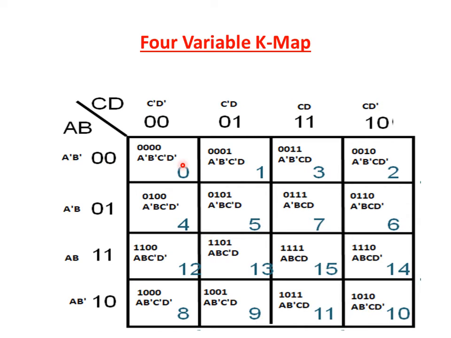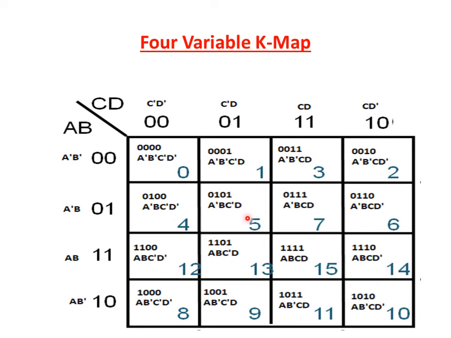For example, cell 0, 0, 0, 0. The equivalent min terms. And next cell 0, 0, 0, 1. Then third cell is 0, 0, 1, 1. And the fourth cell is 0, 0, 1, 0. Now here also it's not in normal order. It follows the gray code counting sequence. So to get the adjacency.